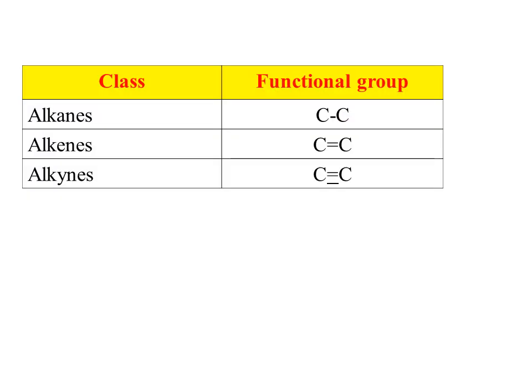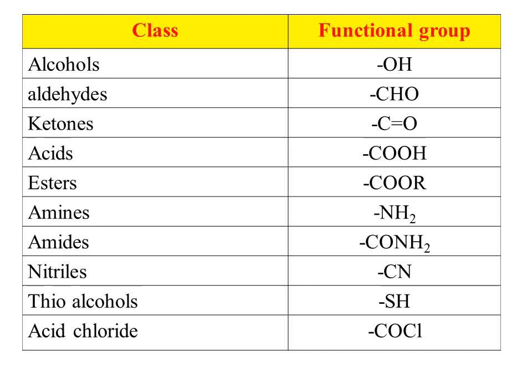I told you even the double bonded and triple bonded molecules are also considered as functional groups. If it is a single bond, they are called alkanes. If it is double bonded, alkenes; triple bonded, alkynes. That's how we classify. Apart from this, there are other functional groups having different